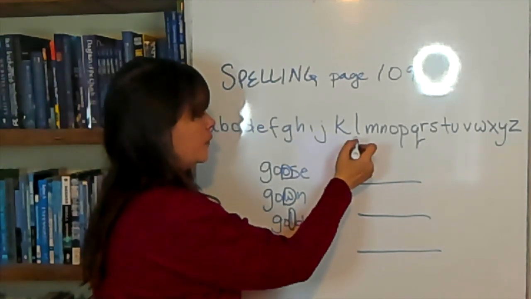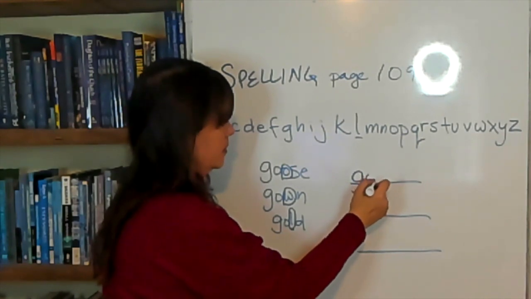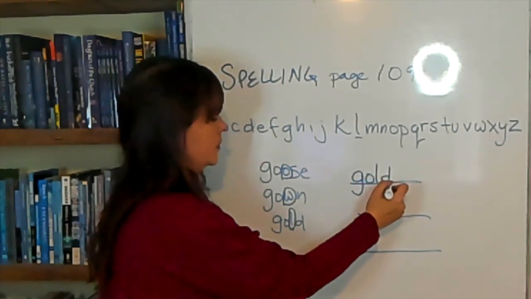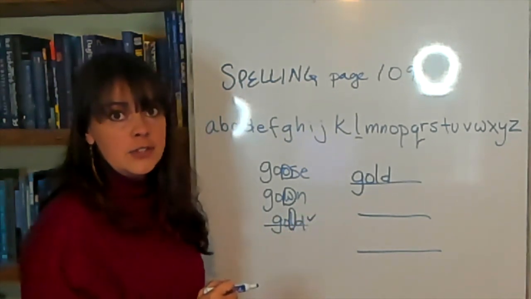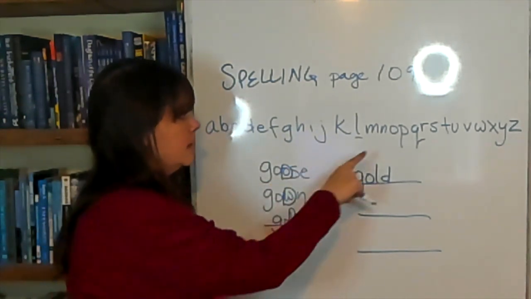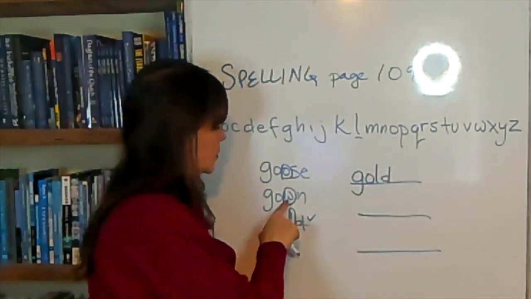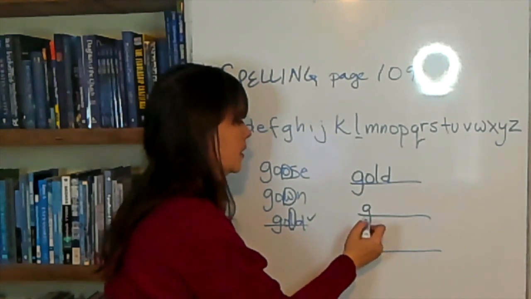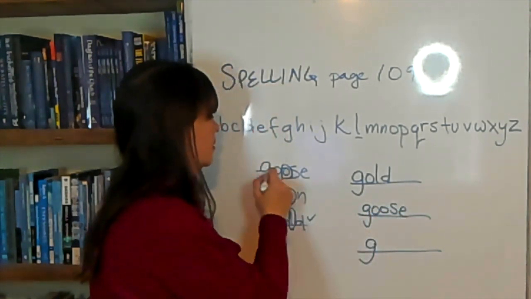So that comes first in the alphabetical order of these. So our first answer will be gold. You might put a little check mark by it just to make sure, oh, I did that one. Now what comes next is the O. The O is right here. The O comes before W, so we know this word comes last. Goose, and then